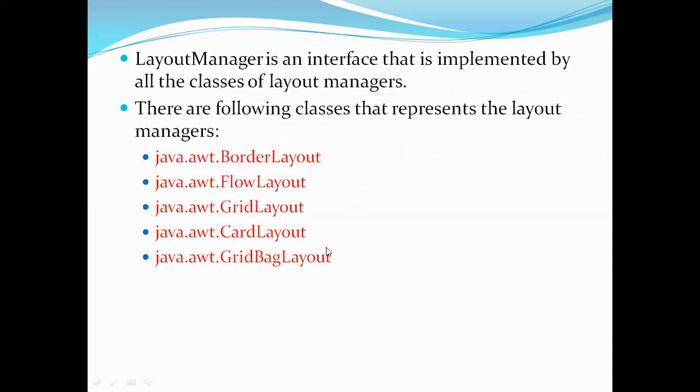There are five types of layouts that we are going to discuss: border layout, flow layout, grid layout, card layout, and grid bag layout. These are the five layouts we are discussing in this session, and they are available in the package java.awt, such as java.awt.BorderLayout and so on.